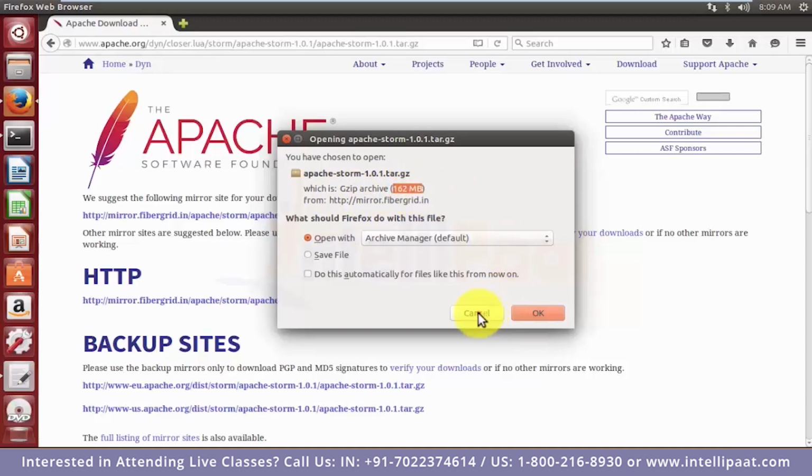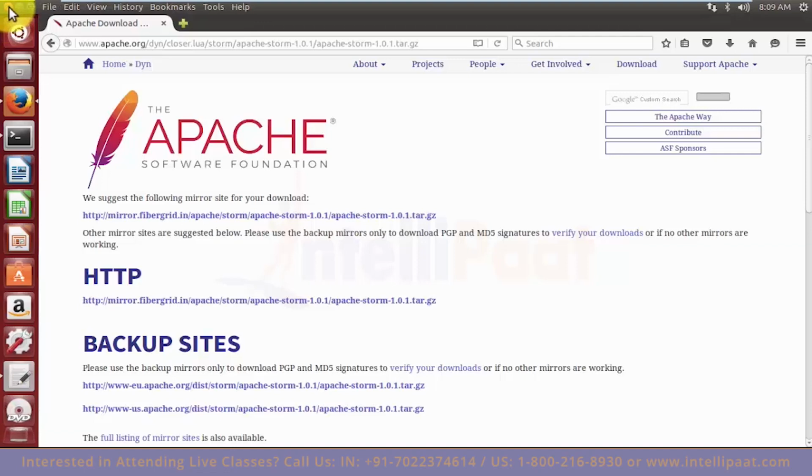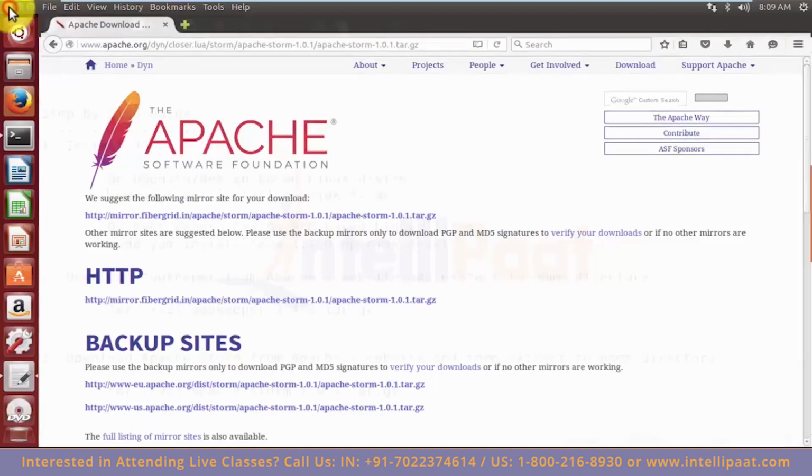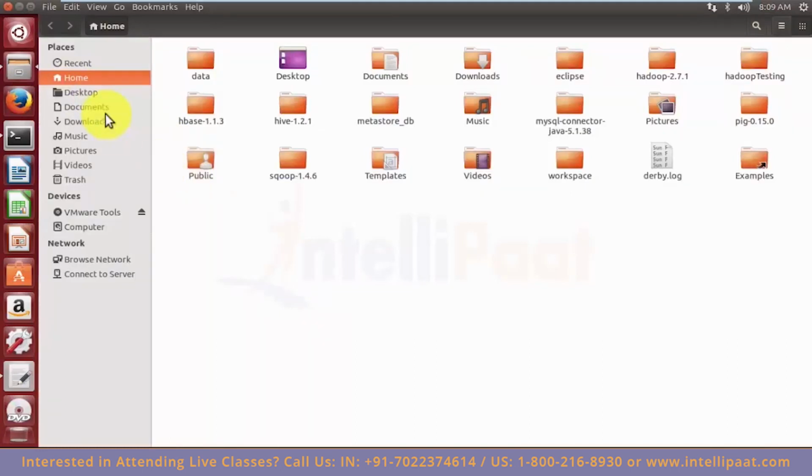I'm going to click on cancel because I already have the setups downloaded with me, and these were just the steps to download Apache Zookeeper and Apache Storm. I am closing the browser now and looking at the terminal, just under a minute is left for my JDK to be configured. In the meantime,